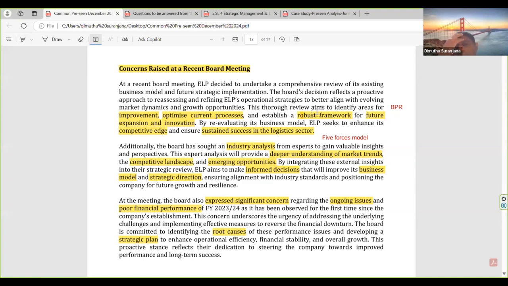So see this one very carefully. This thorough review aims to identify areas for improvement, optimize current processes and establish a robust framework for future expansion and innovation. BPR may be a consideration. This was process engineering. You have learned that one, right? So BPR may be a consideration in your